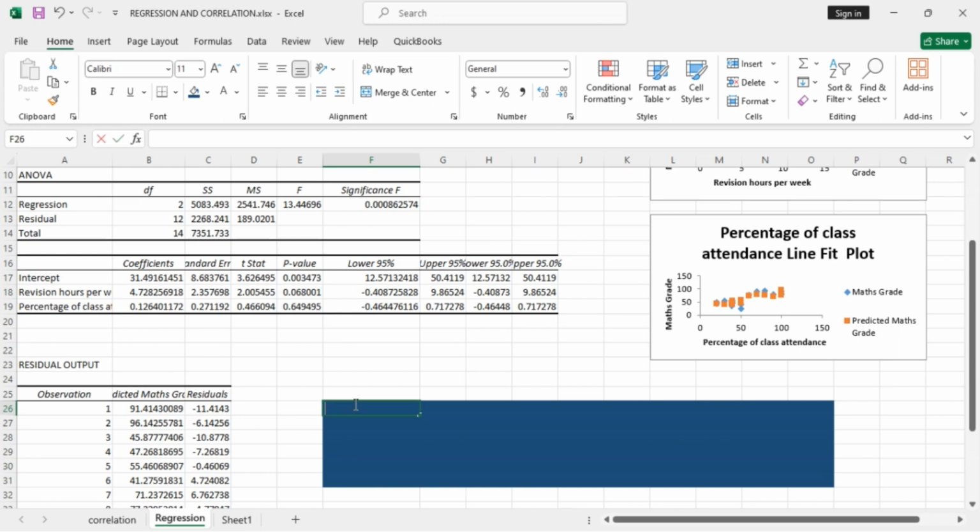So we are saying that max grade will be equal to... First, the equation of a line is always y equals mx plus c. But now here the predictors are more than one, so we have more than one x value. So let's say y is equal to